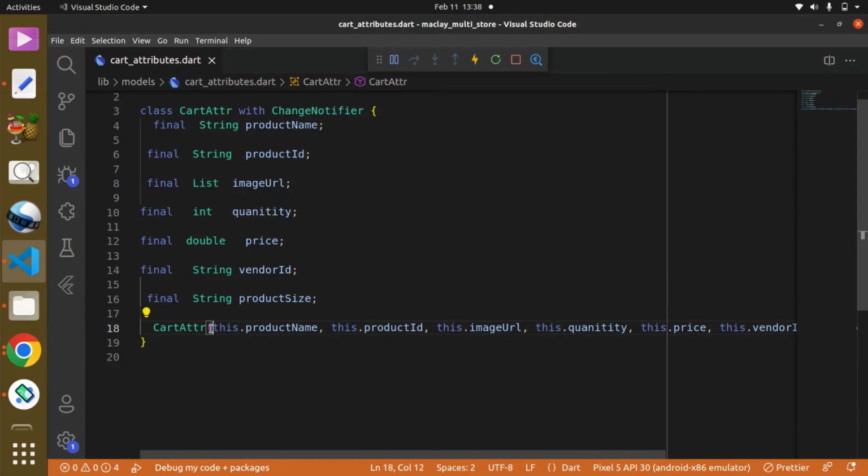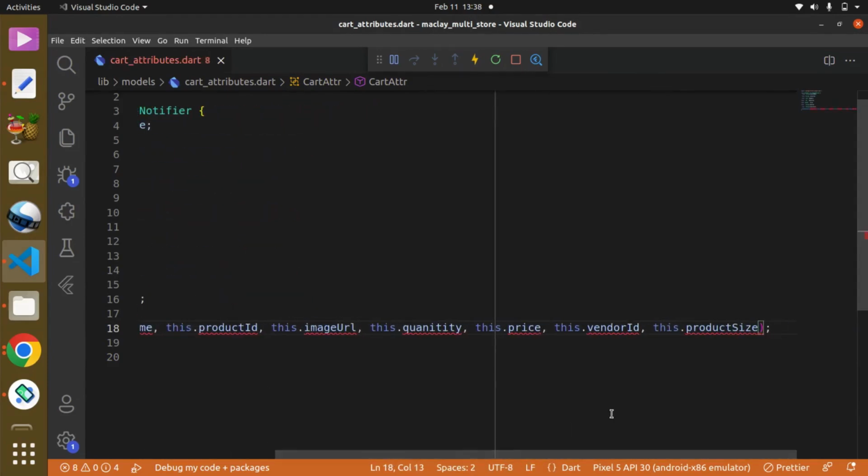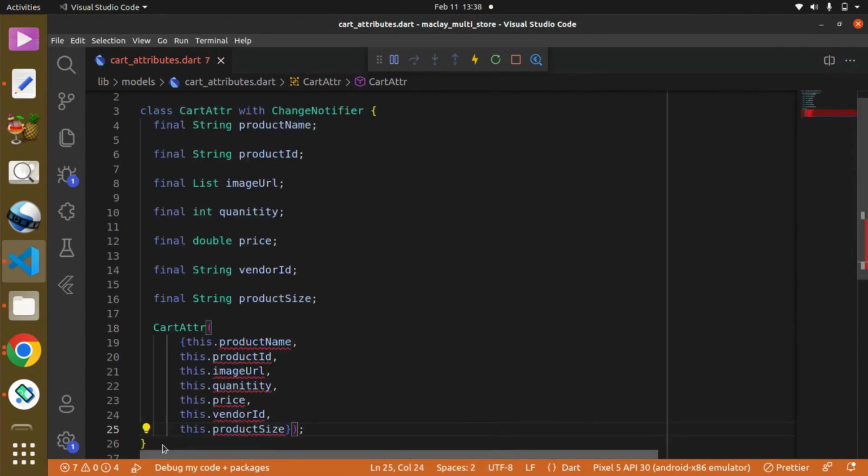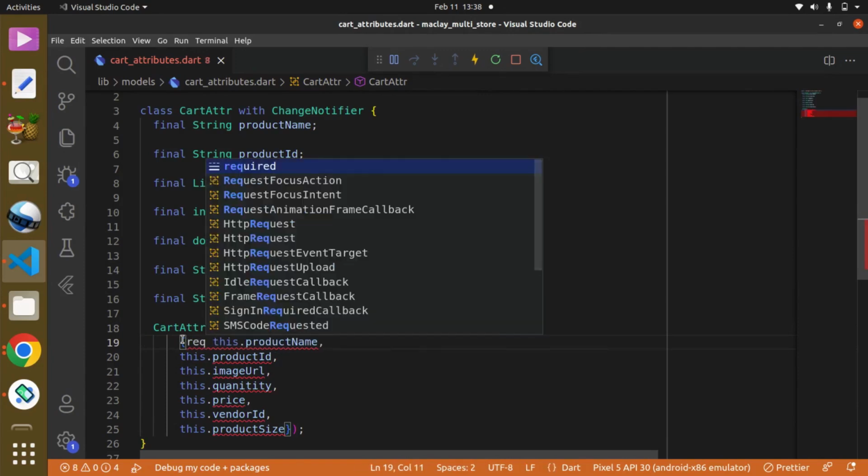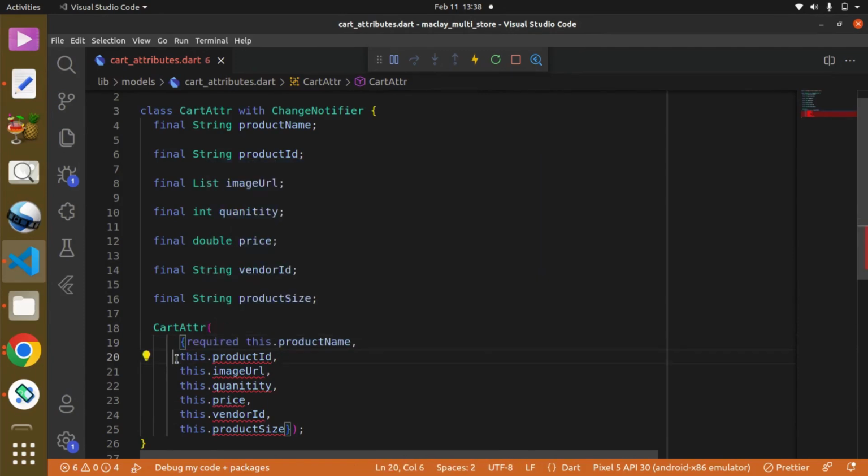To make this required, first of all, we have to wrap this with curly braces over here. Okay, and now we can say required this dot product name, required this dot product ID,